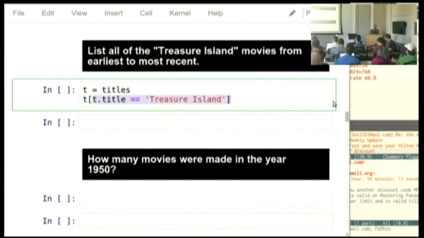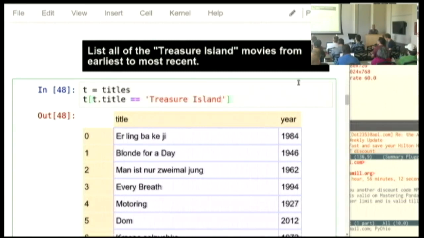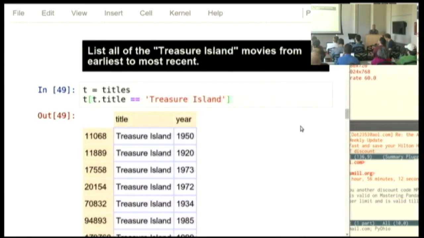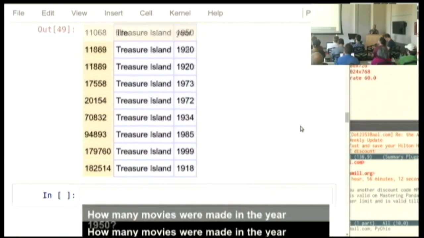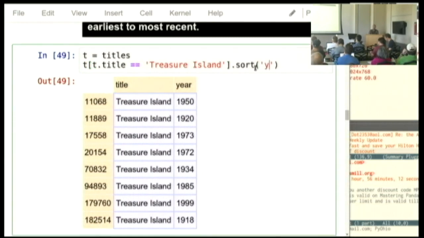I often start by just staring at the data frame and looking at how it's made. Then I say, all right, let's narrow it down to the Treasure Islands. Notice this is close, but not quite what I want. They're not in order yet. So finally, a sort by year. That's the process that you'll learn.